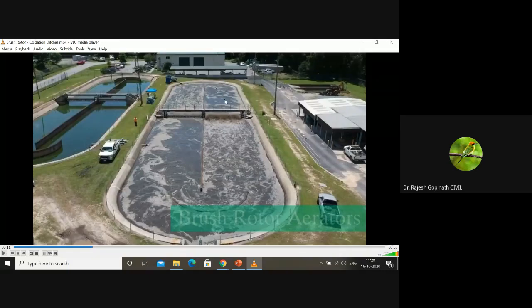So see how the wastewater moves. The wastewater comes like this, and the wastewater is moving like this. And what is helping this? There are mechanical rotors. These mechanical rotors are rotating the wastewater as it moves, and as it is happening, it is helping in mixing of air to take place. It is helping in aeration to take place. Let's continue the video.